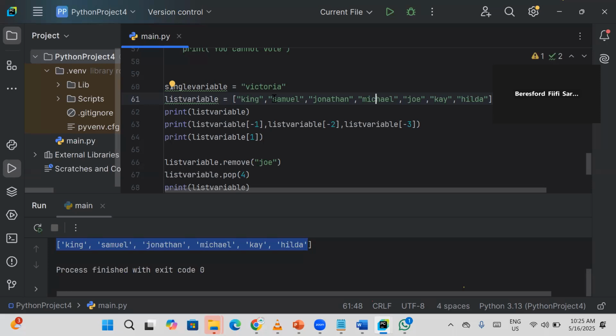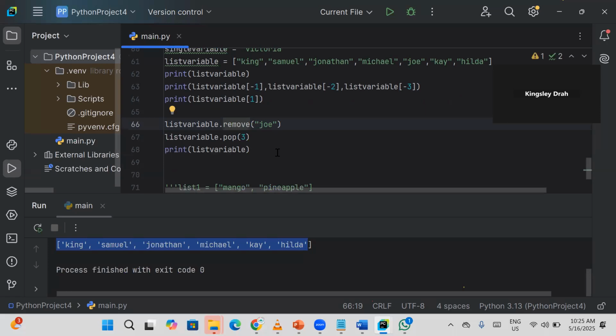Joe. All right. So let me go back. Let me do 3, else Joe will be removed and it will tell us that Joe has already been removed, something like that. All right, so let's run. This time we are expecting Michael to be removed from the list, because our first item here is going to remove Joe because we specified the name Joe, but with the pop, it will look at the list and